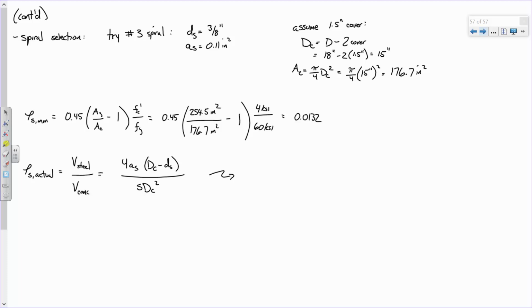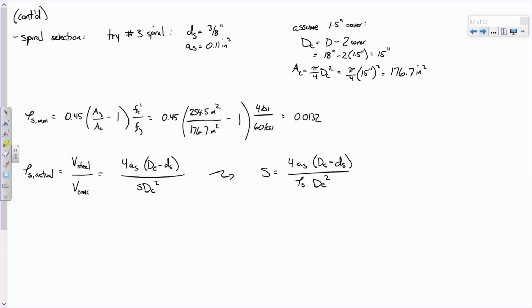So after you do a little bit of algebra, you're going to find that S equals 4 A_s (D_c minus d_s) over rho S D_c squared. Does that make sense? All I'm doing is literally just taking this here, just swapping out the S and the rho. And what I'm going to do is plug in this value of rho to determine what my